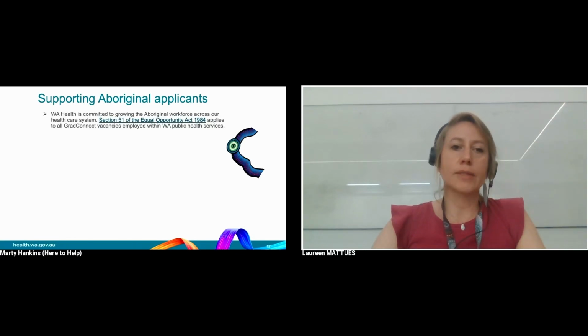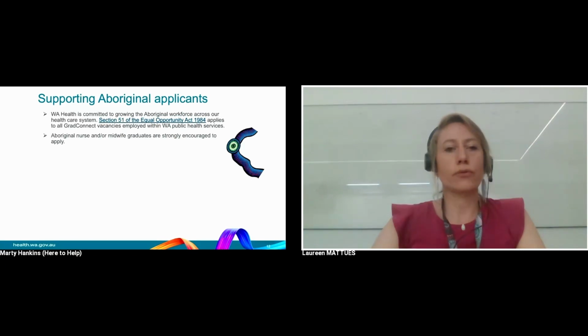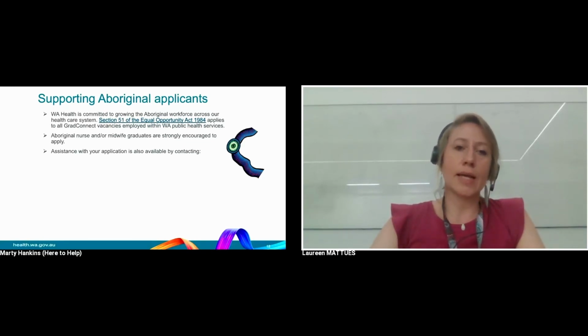Department of Health is committed to growing the Aboriginal workforce across the healthcare system, and Section 51 of the Equal Opportunities Act 1984 applies to all GradConnect vacancies. Aboriginal nurse and midwife graduates are strongly encouraged to apply, and you can get assistance with your application by contacting Job Skills WA and also contacting the Centre of Aboriginal